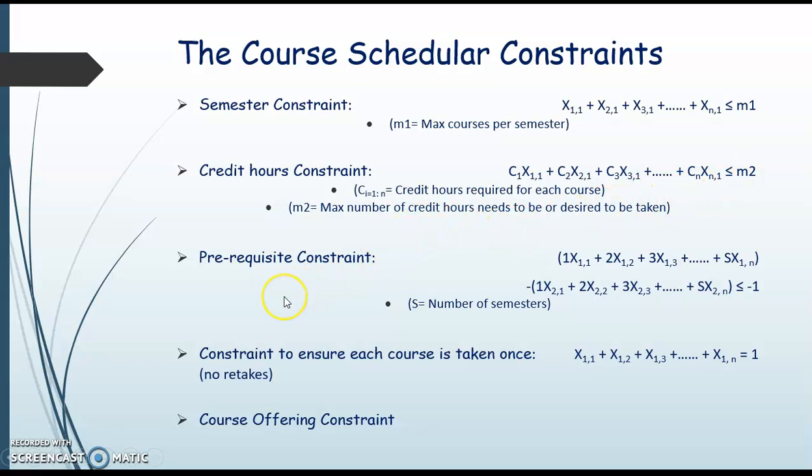The next constraint is the prerequisite constraint. The way this prerequisite constraint works is that each row represents a course containing only zeros and ones. When multiplied by a column vector of semesters 1 through S, it would give a value for exactly in which semester the course was taken. For example, for course 1 to be a prerequisite to course 2, the value for course 1 should be smaller than that for course 2. This is exactly what this constraint calculates.